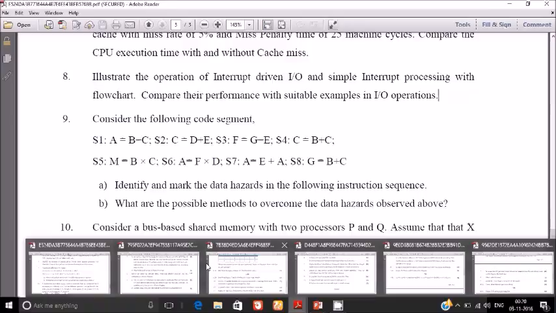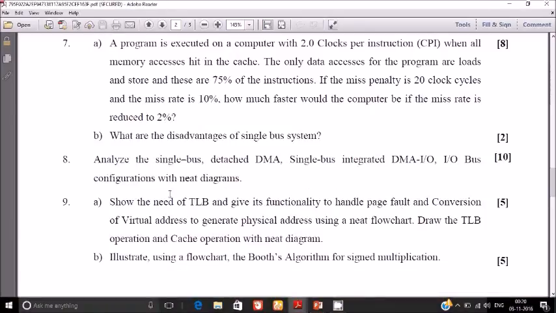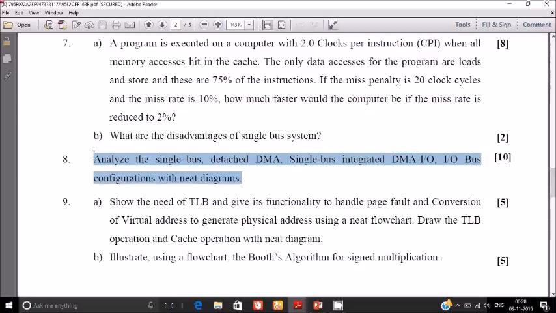Now going to the next question: analyze the single bus detected DMA and integrate the DMA input output configuration with a neat diagram. This is nothing but explaining the DMA structure clearly. It's a theoretical question as well.